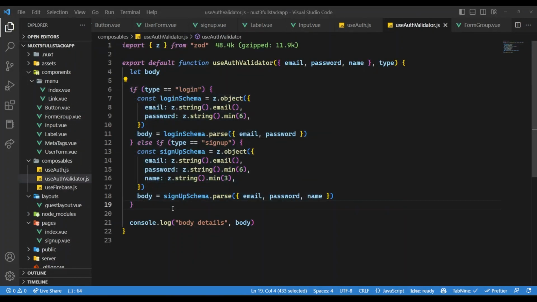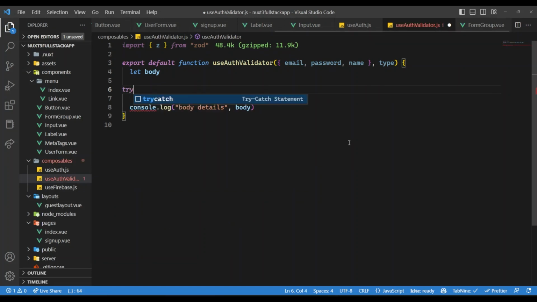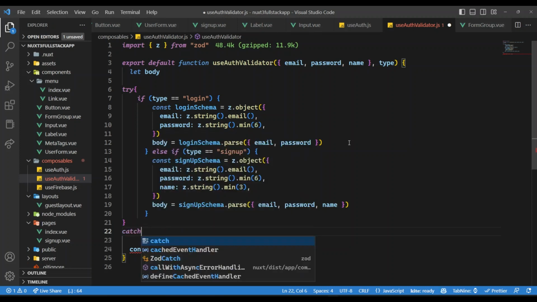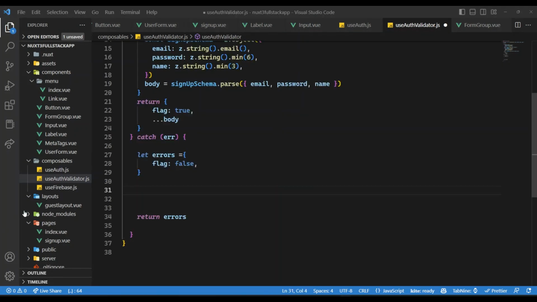Okay, let's put this inside a try catch block so that we can actually handle the error. So try this, and whatever you got the error as, catch error, just catch them. We don't need this body over here for now then. So we start with errors as flag of false, and then we need to make sure that this thing is instance of Zod error. So if error instance of z.Zod error, so we need to get